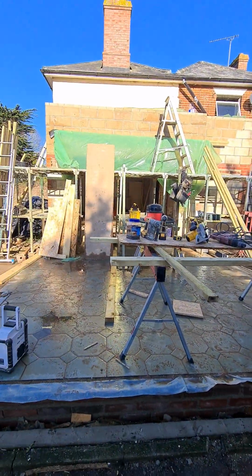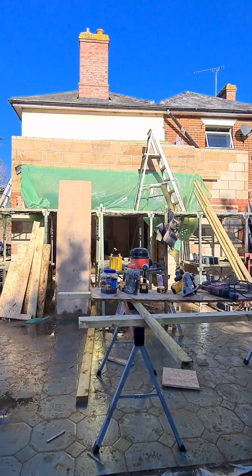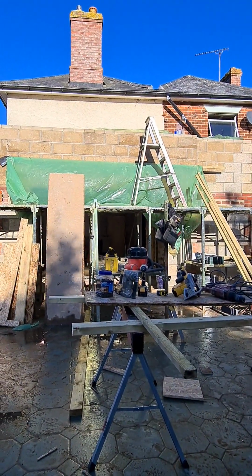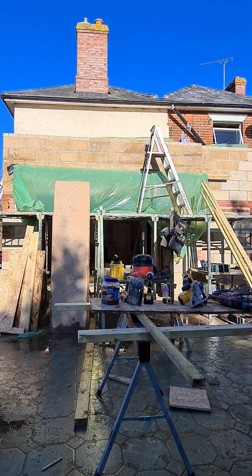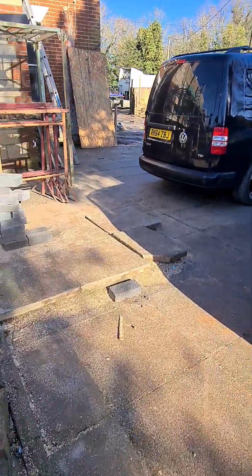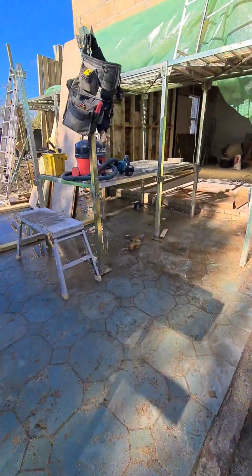So if you recall, I mentioned last week about the roof going up. It was due to be going up on Saturday, but because of poor weather it wasn't able to be done, but guys are up there doing that today. Just taking a break, and then if we go into the kitchen area,